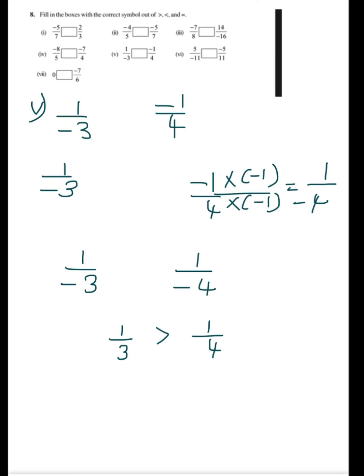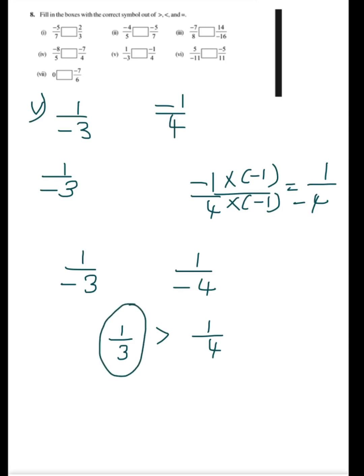Why? Because both numerators are the same. When we are comparing rational numbers with the same numerators, you need to identify the rational number with the smallest denominator. That will be greater among these. Here 3 is less than 4,